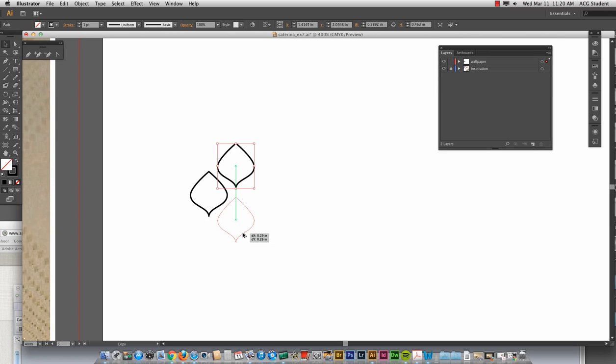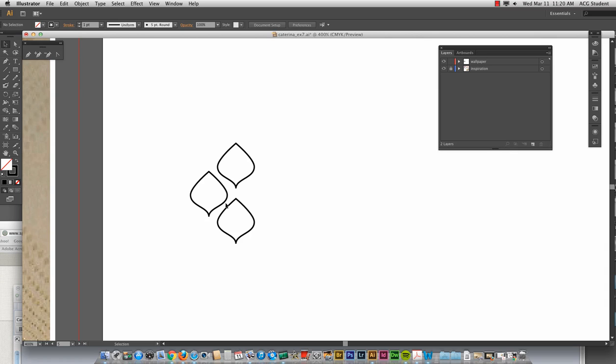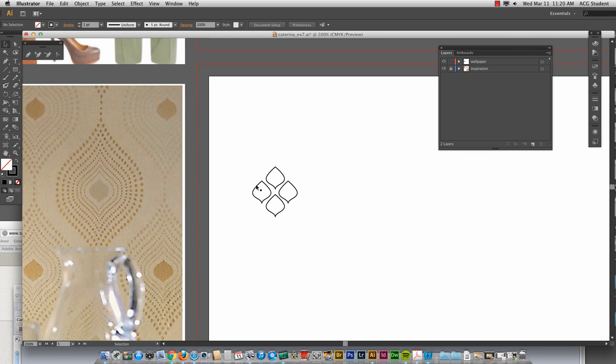The Smart Guides are absolutely your friend. They will help you line things up. If the Smart Guides are not on, you can go to View, Smart Guides. I'm holding down the Option, which allows me to copy it, and the Shift, which keeps it straight. And then already I've got something going on.